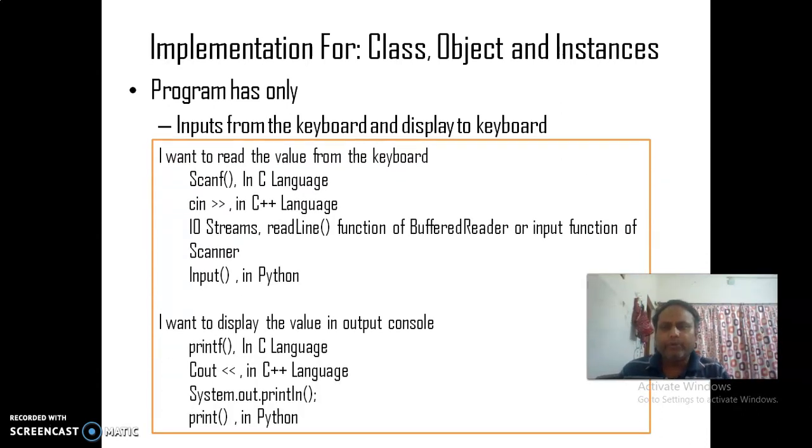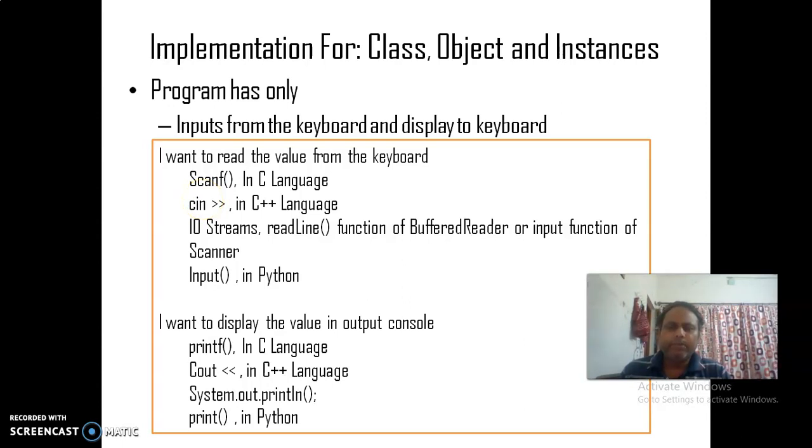We can do this by using various constructs available in different languages, like scanf in C language, cin in C++, streams, IO streams, in Java, and the input method in Python for reading the value from the keyboard.